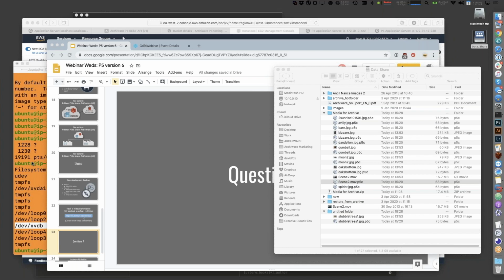Next question from Rick: can multiple users see and have access to an archive created by one user from files on a multi-user storage server? Can they access the metadata? I think the answers are yes to all of that. Archiware P5's web interface is multi-user. So if one user is archiving something, whether they're using a MAM integration, or doing it directly within the browser, or using the P5 Companion, or having a hot folder,